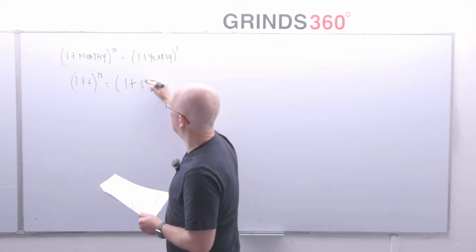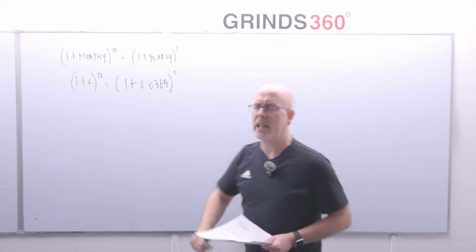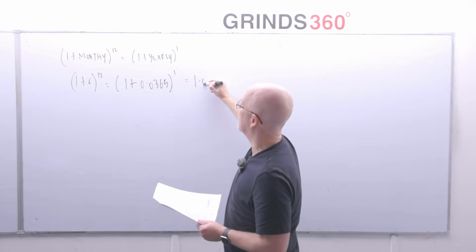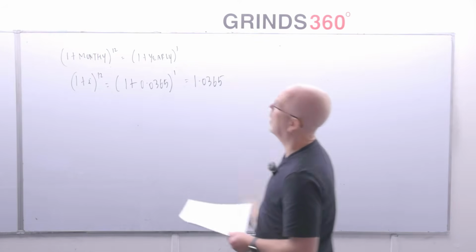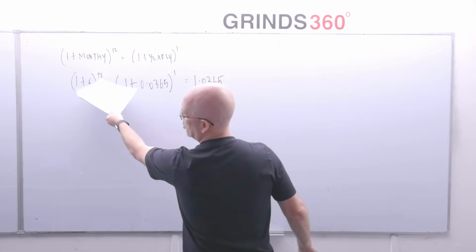So that's 0.0365. Divide by 100 to get the yearly rate. And that's just the number 1.0365, right? And then as we did before the break in the first question, question number 2, to remove power of 12,